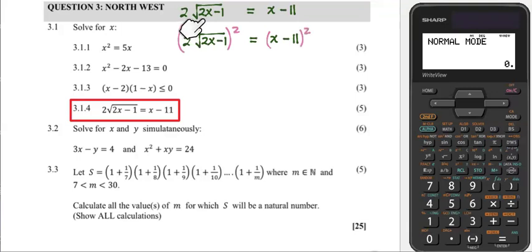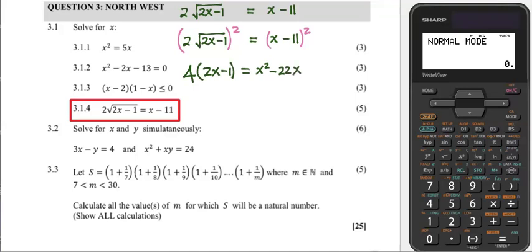Like I said, I would have put a restriction there: 2x minus 1 must be greater than or equal to 0. All right. Here, the exponent 2 will go for that 2, and will go also for the square root. So in dealing with that, the 4, when I raise it into the square root, falls off. 2x minus 1, there we go, equals, when you work out that one, x squared minus 22